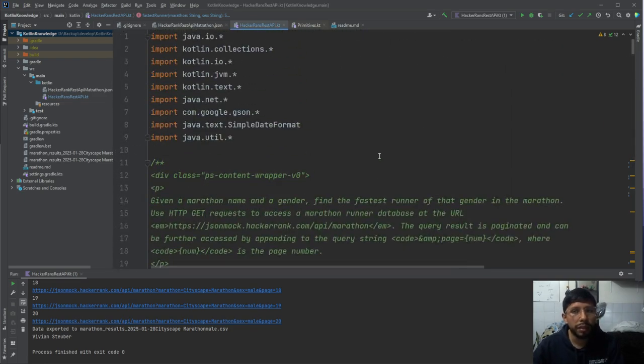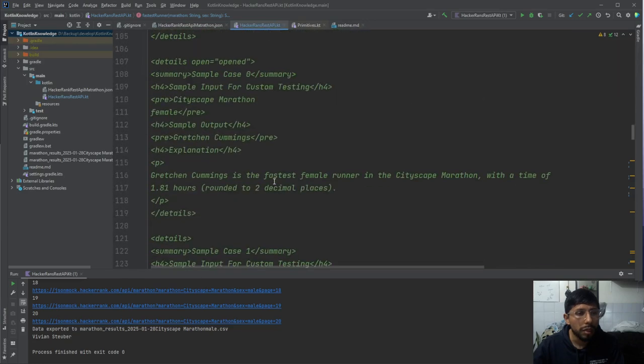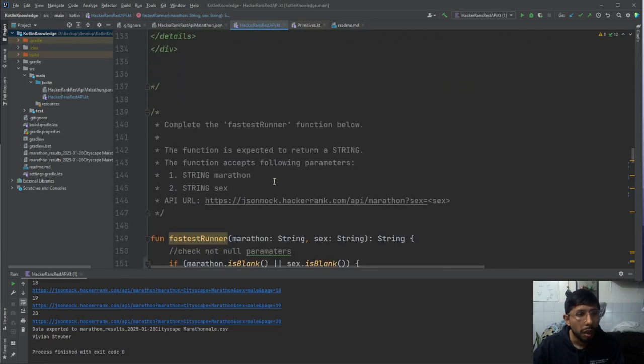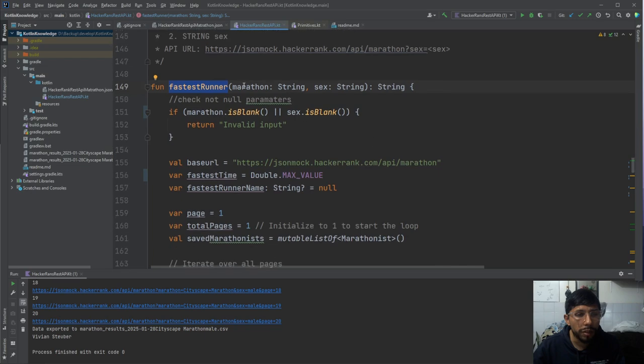Yesterday I did this code. I put all the information about the problem as a head comment. I also created documentation for the function. The function is called fasterRunner. It receives two parameters: the name of the marathon and the sex. What we must do